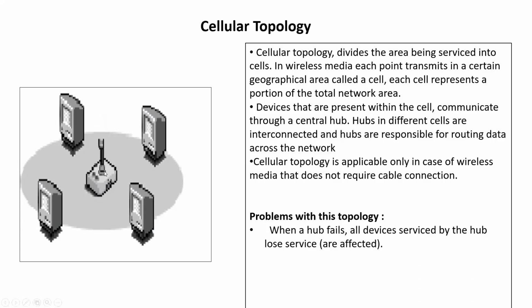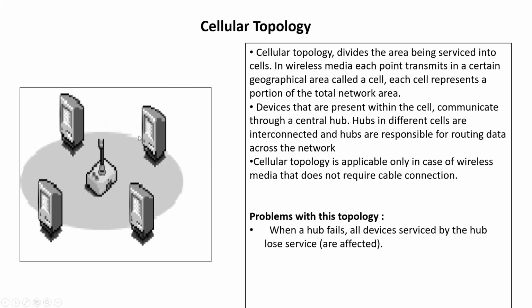Or we can say that in the wireless media, each point transmits in a certain geographical area that is called a cell. Each cell represents a portion of the total network area,